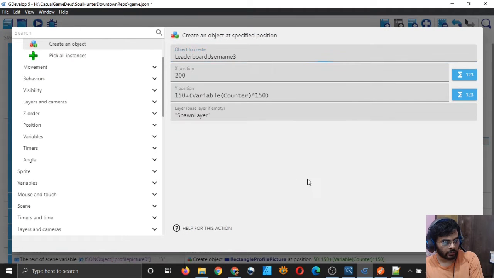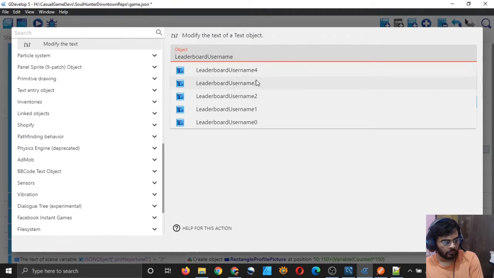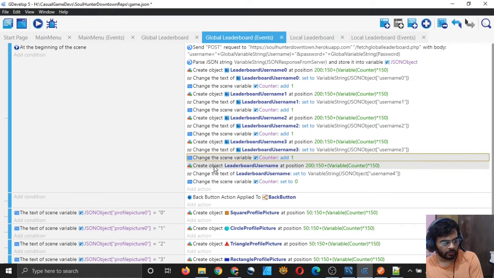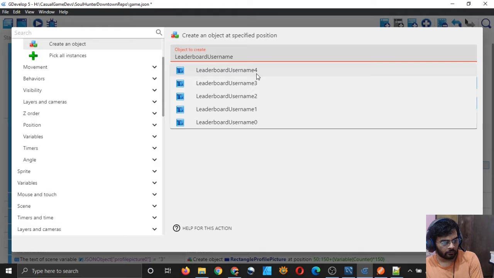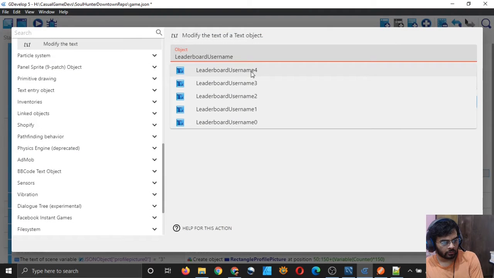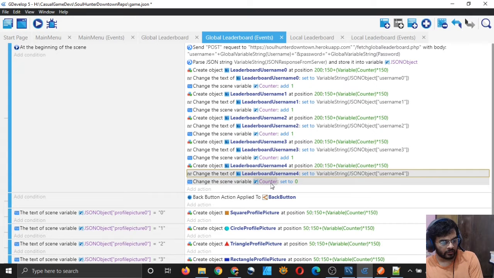Then I will create leaderboard username 3 with a text value of username 3, and increment the counter. Then I will create leaderboard username 4 with a text value of username 4. And then I will simply change the scene variable counter and set it to 0.